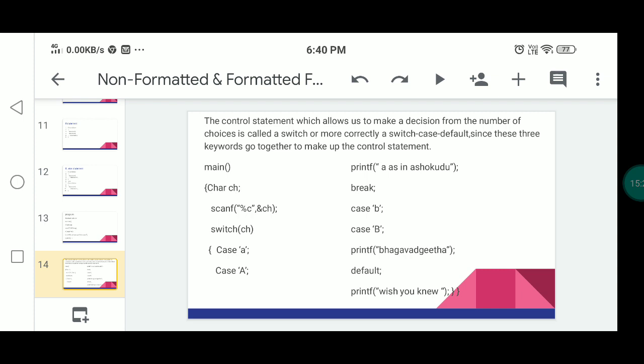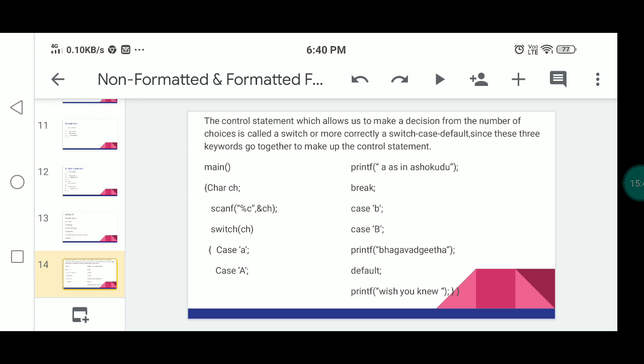It will go to the first case evaluation, that is case A. So it will print the string A as in Ashokudu and come out of the program.